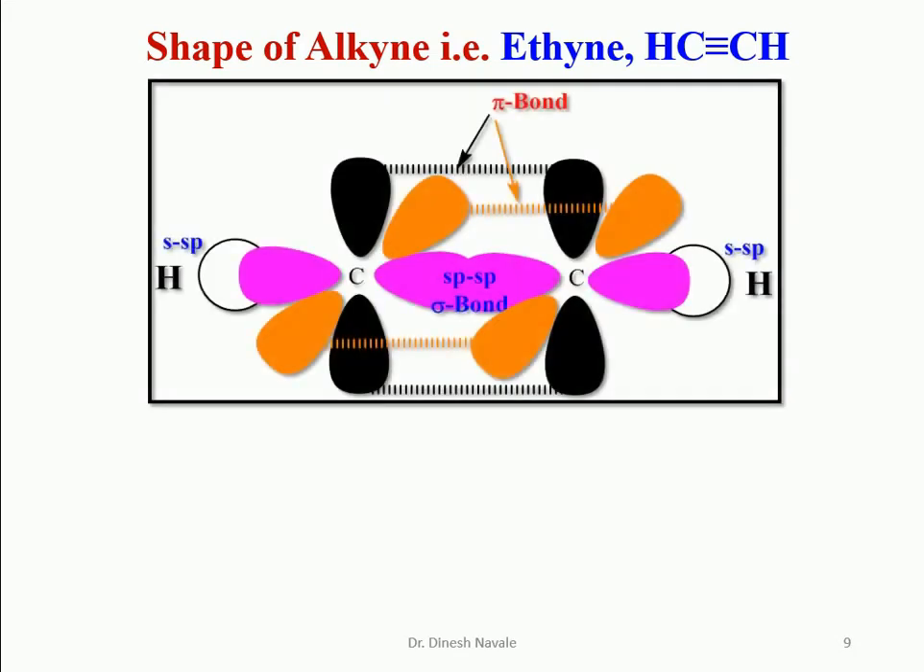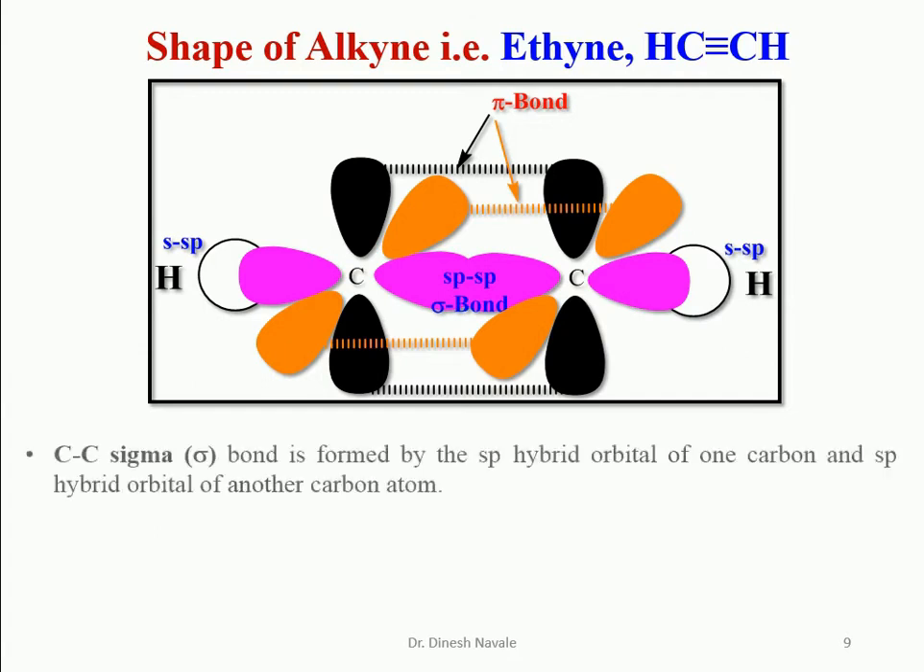We are going to see how the overlapping of atomic orbitals takes place during hybridization. As it is a carbon-carbon triple bond, one is a sigma bond and two are pi bonds, and there is a sigma bond between carbon and hydrogen, as well as another carbon-hydrogen sigma bond. We are going to see in detail which atomic orbitals or hybridized orbitals are involved during the formation of the